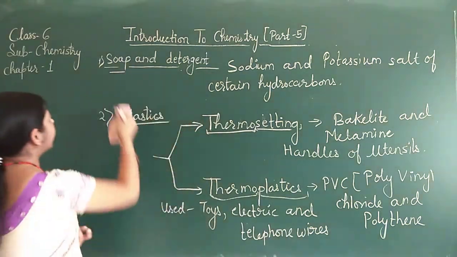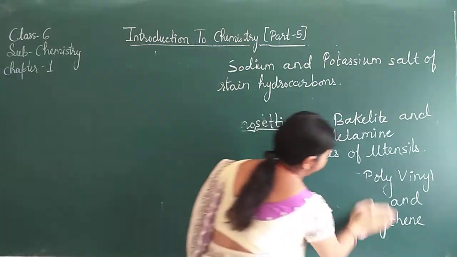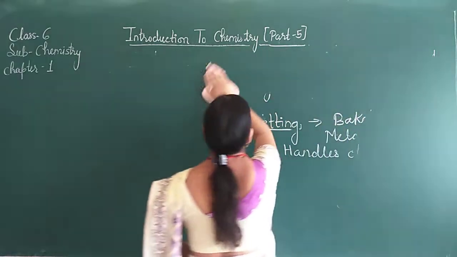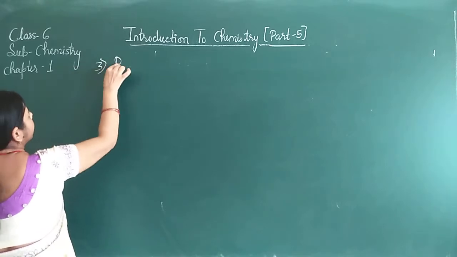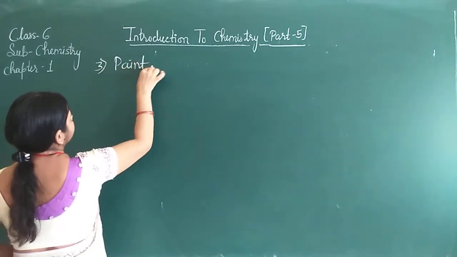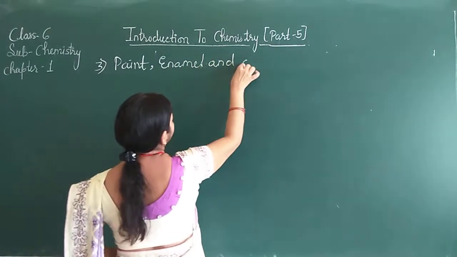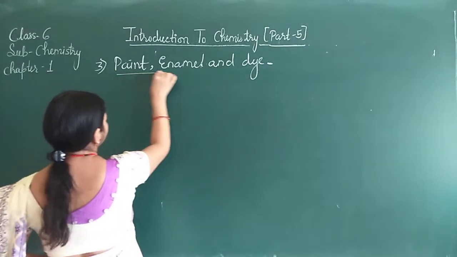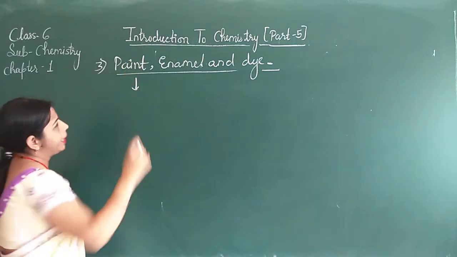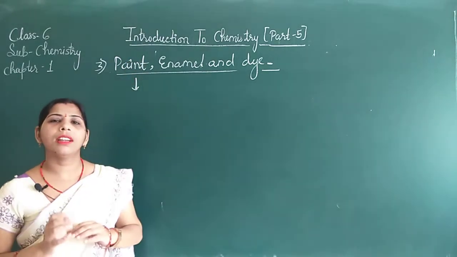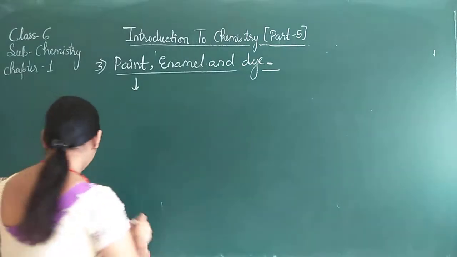Now let's start another topic, and the name of that topic is paint, enamel and dye. This is a very important topic. First, let us discuss paint. What is paint? Paint is a colored thick substance which is made up of certain chemicals, just like